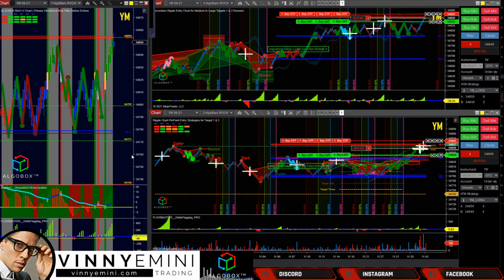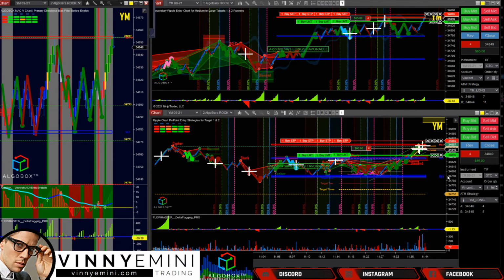Again, I'm not going to get crazy here. I'm going against MACD, so noted, right? I'm looking for target 1. I'm not trying to get crazy with this. I'm going to put my stops back here behind the cross, and we're going to see if we can get a little play here out of a cluster. So originally this was going to be a double cross, and I've told people before, if you're going to be a double cross player,